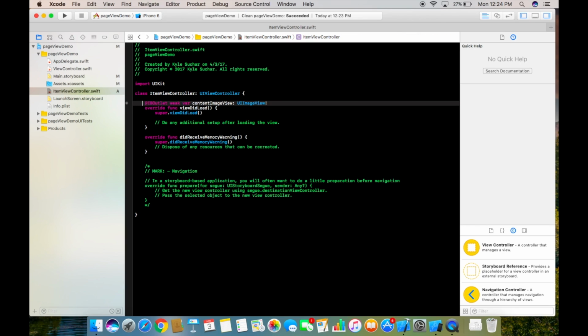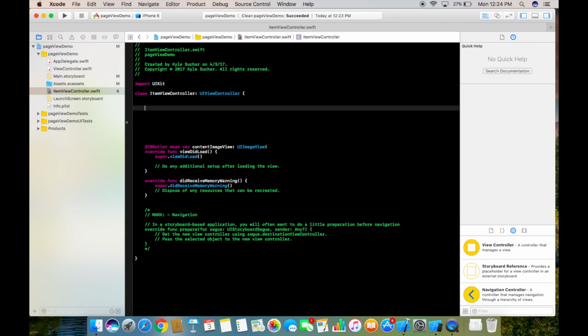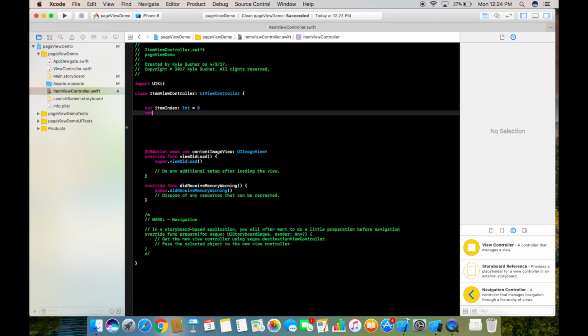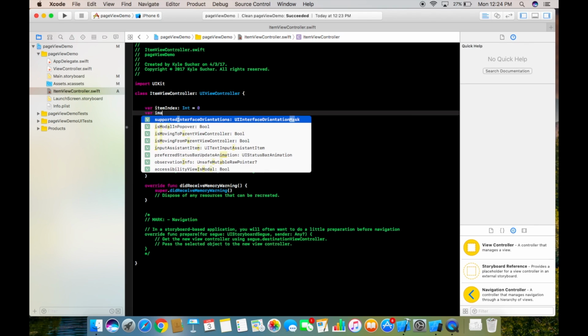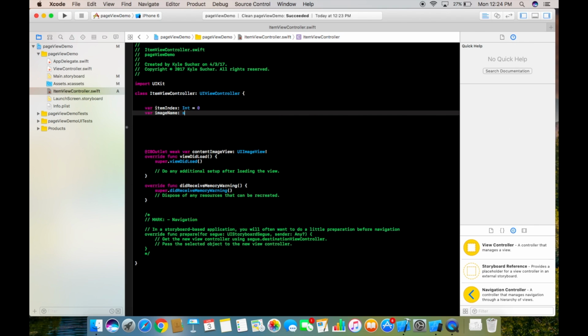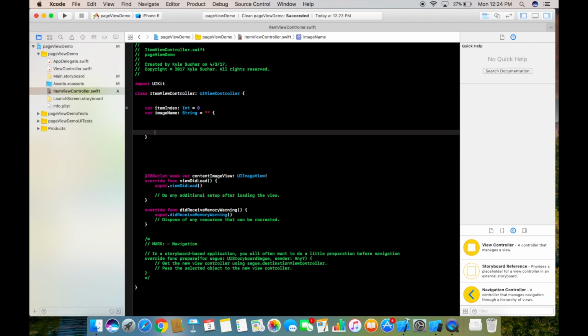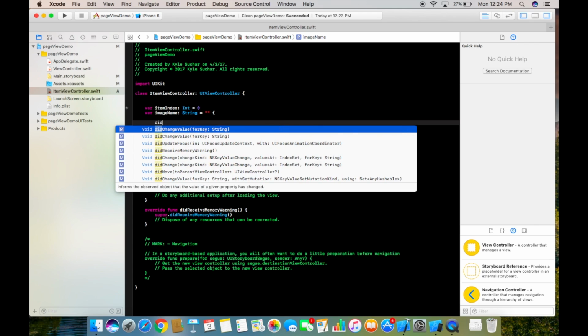So we're going to add a few spaces up here before our image view, and we're going to declare a few different variables. So the first one's going to be var itemIndex, and it's going to be of type Int, and it's going to be equal to 0 because we want it to start at 0 for our first image. Next variable, imageName, and that's going to be of type String, and that's just equal to open and closed quotation marks, like that. And then we're going to open a bracket, and inside of here we're going to call didSet,